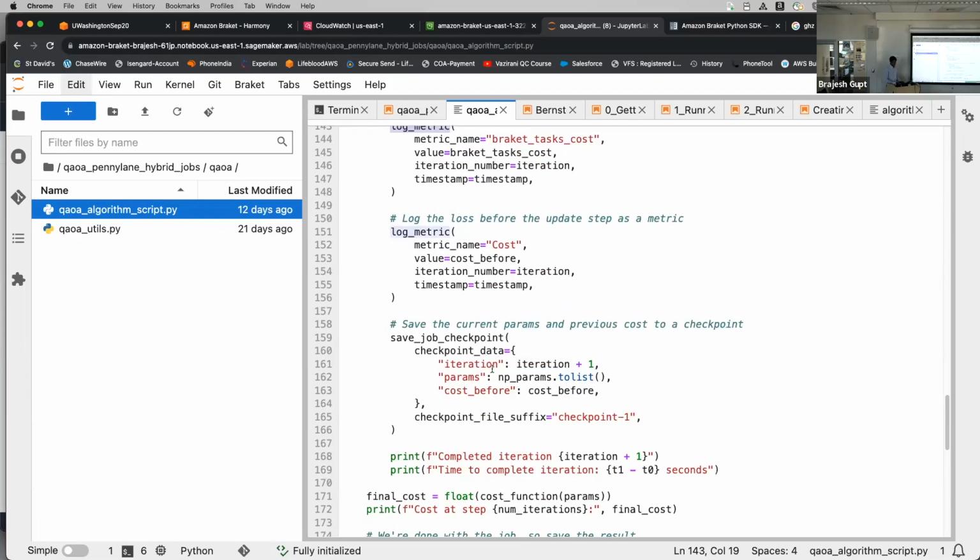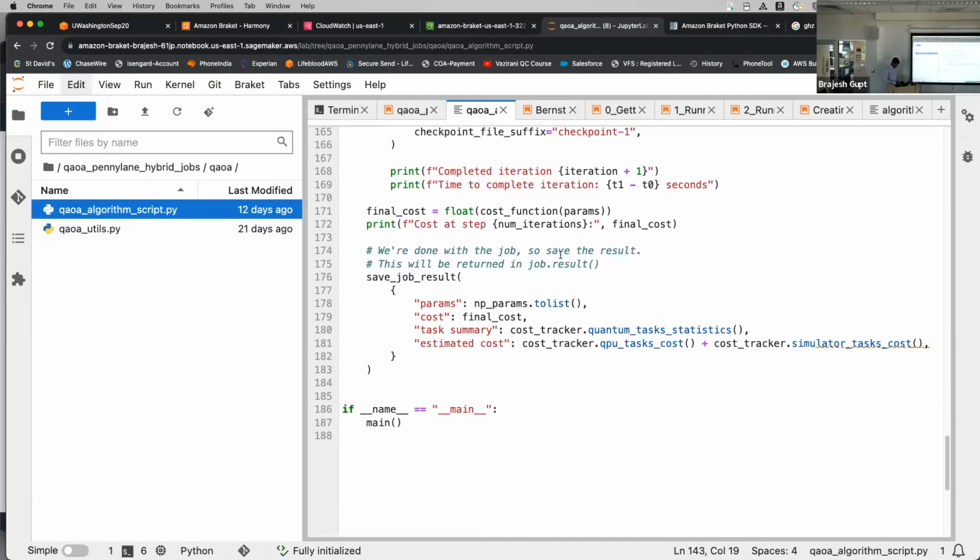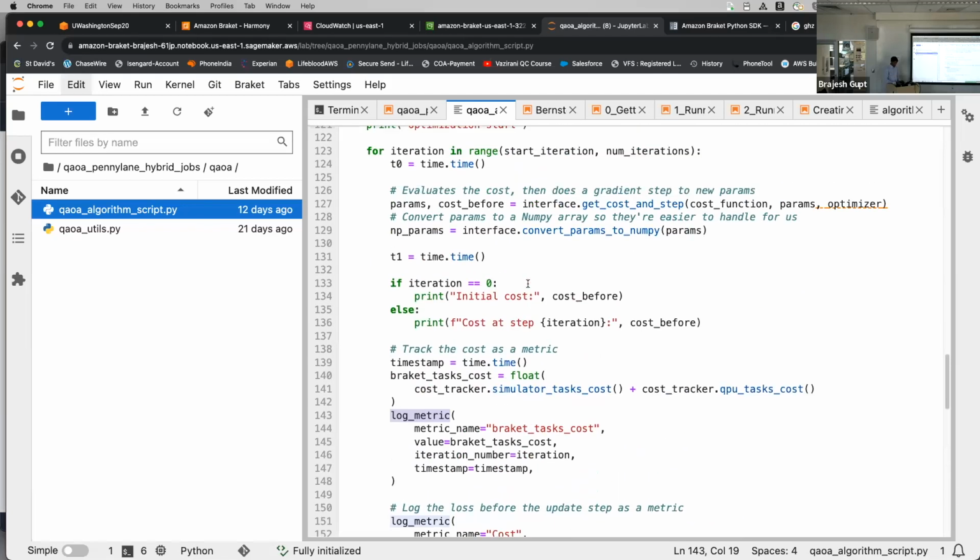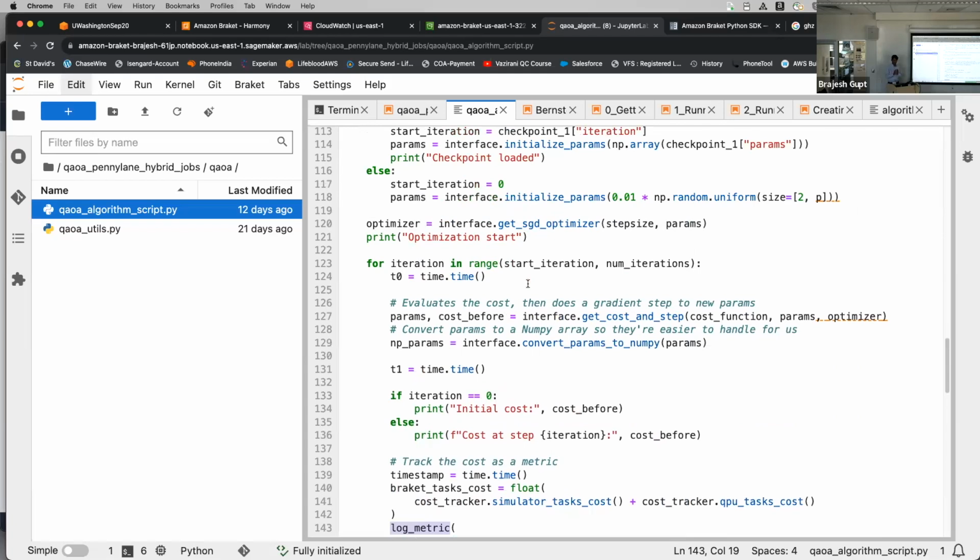You can also save the checkpoint data. For example, if the job is stopped for some reason, maybe you are running on quantum hardware and that hardware is not available for some time, the checkpoint is saved, and you can restart your job at a later time where you left off. So this is the script. Basically, the script is the meat of all the quantum tasks. It defines what is going to happen when we access the quantum computer. Now, if we go back to